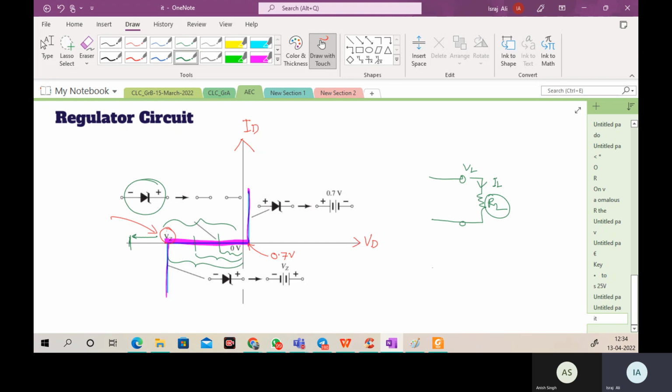Then the voltage and current rating will not be the same for that source. How to make the VL and IL the same for almost all the devices? Then this semiconductor device will help you. The Zener diode will help you in that case. Got that point? So voltage regulation means your output voltage, the load voltage, and the current will be the same